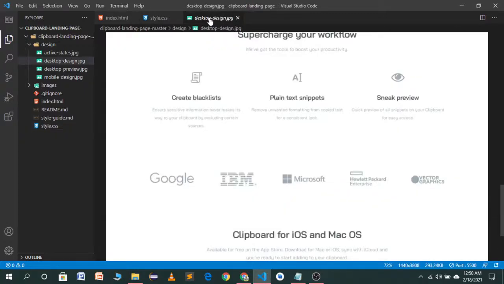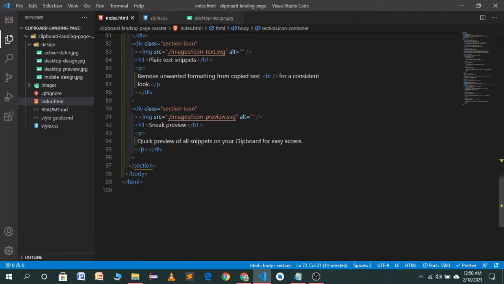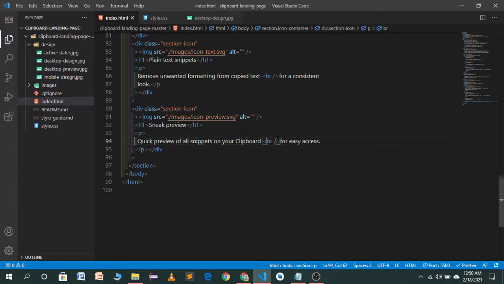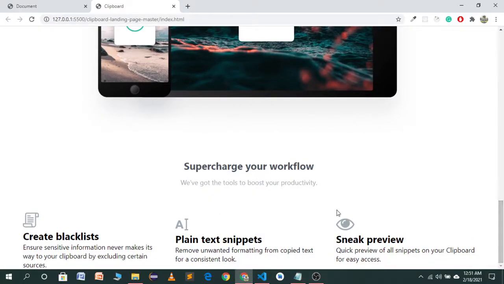Now you will see it's looking beautiful, but this text is not looking nice. So we have to go to the demo, and we want a line break after clipboard. Here is the last part, after clipboard. Br tag, save it, and as you will see, it's not working. Let's see, let's remove this. This tag is not working. I don't know what's happening.